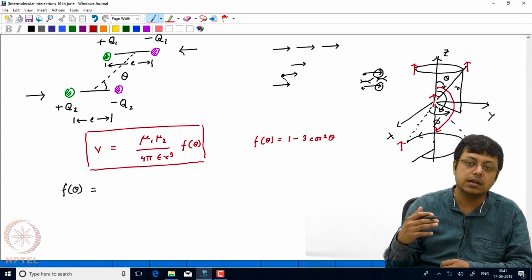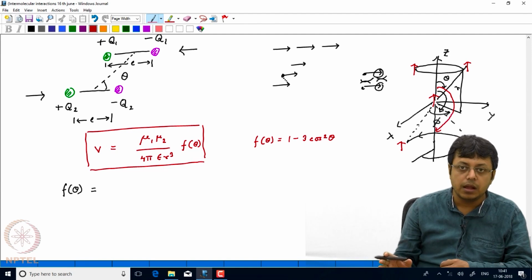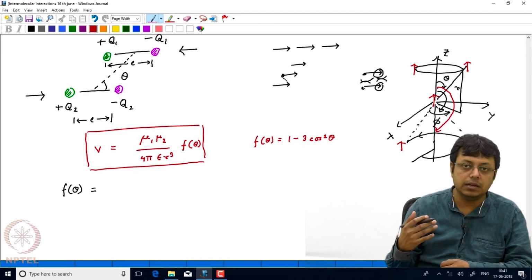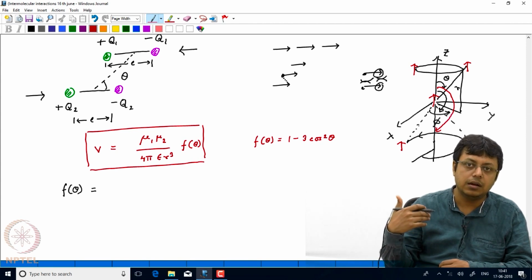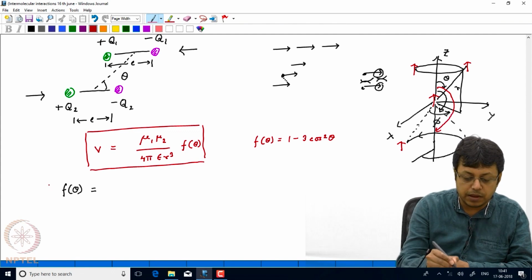Just like we discussed that in a dipole in an electromagnetic field, there is a preferred orientation. There will always be a preferred orientation, because the energy has an orientation dependence, and the molecule will always try to populate those energy levels according to the Boltzmann distribution. So if we calculate the average value of f of theta without considering the